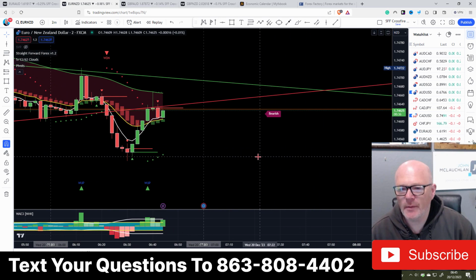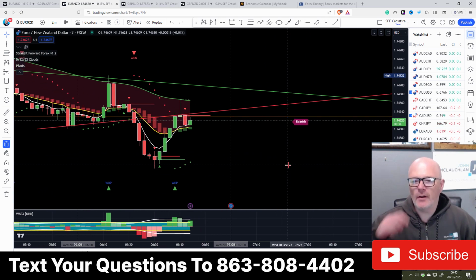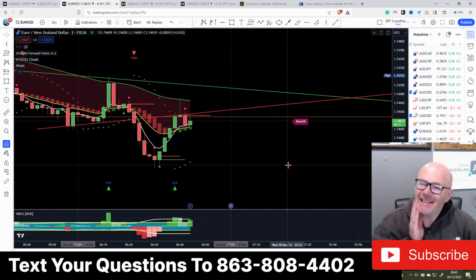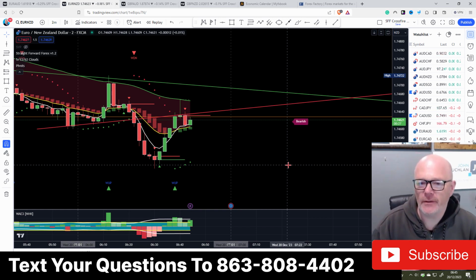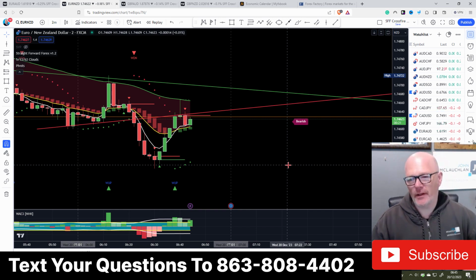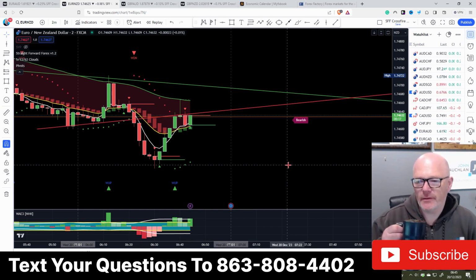And again, when you see price doing this, let's make this a little bit bigger so you can see it. When you see price respecting certain lines that you've got on your chart, it gives you confidence. It gives you confidence knowing that line is there for a reason. It's not just to make your chart look pretty. The line is there for a reason, and you can start to interpret what is happening in the markets based on your